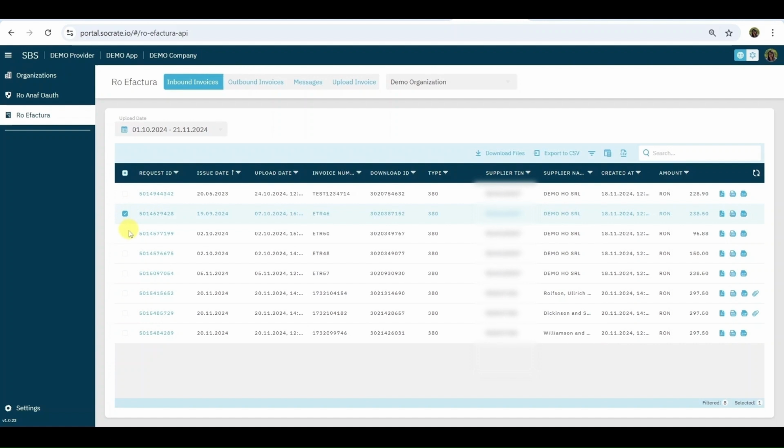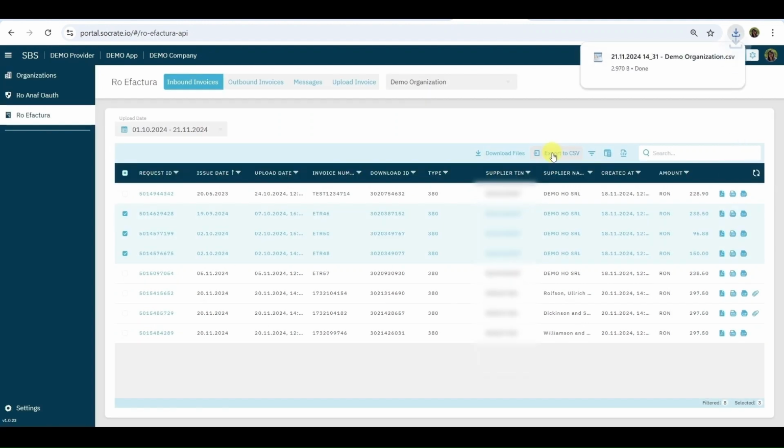line. To export invoice data to CSV, select from the grid all the invoices whose data must be exported. Then click Export to CSV. If you selected multiple invoices, be patient while the CSV file is being generated and the browser completes the CSV file download. The exported CSV file includes the date and time when it was created in the file name.